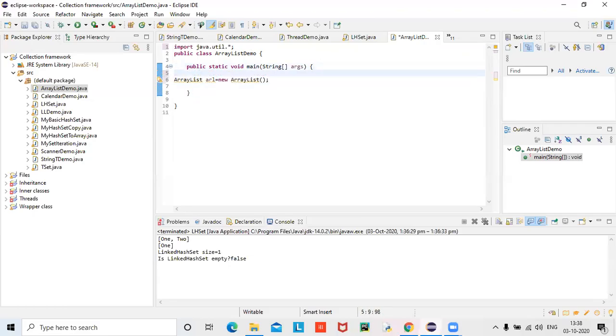An empty array list is created, isn't it? Otherwise I can write like this: create an empty array list. I will write it in caps, it looks good. Create an empty array list. Done.